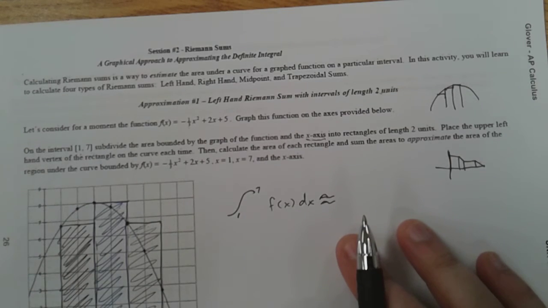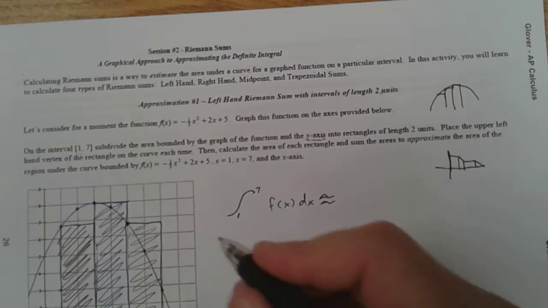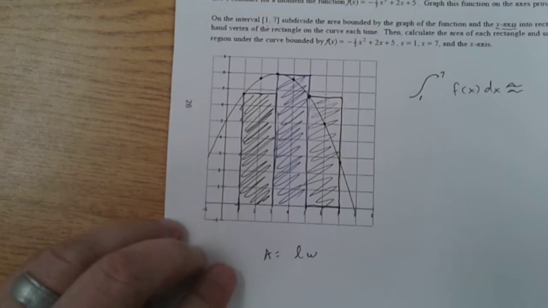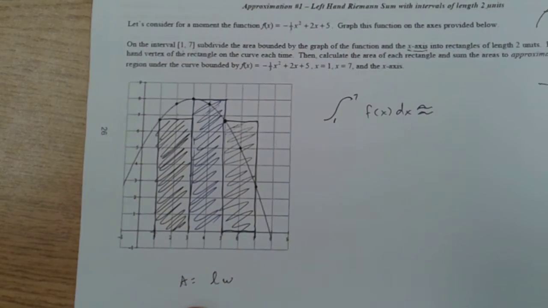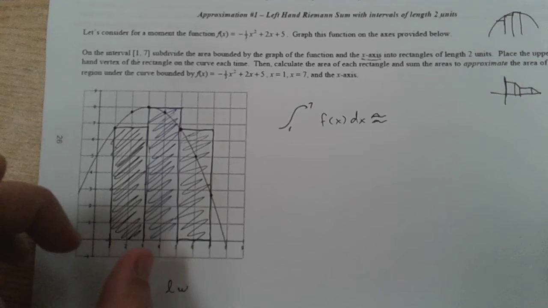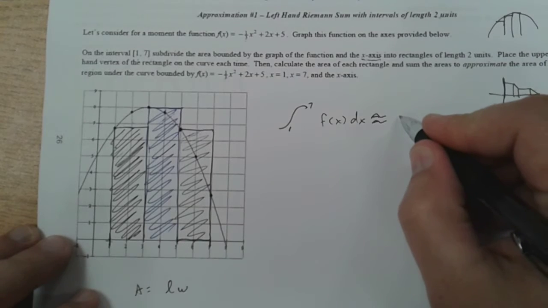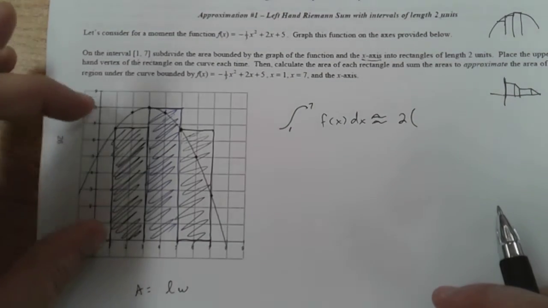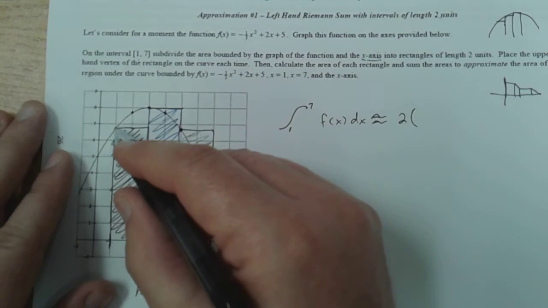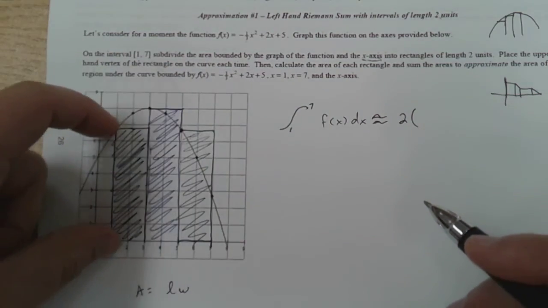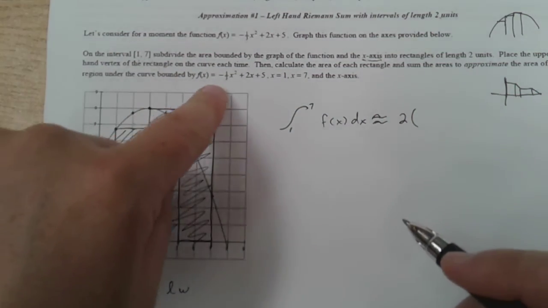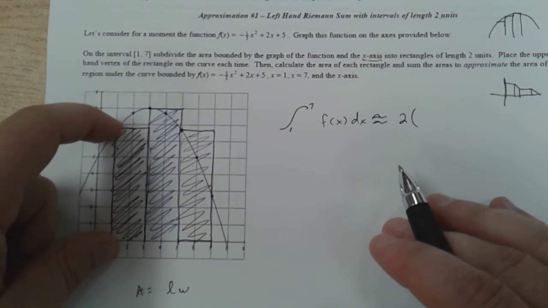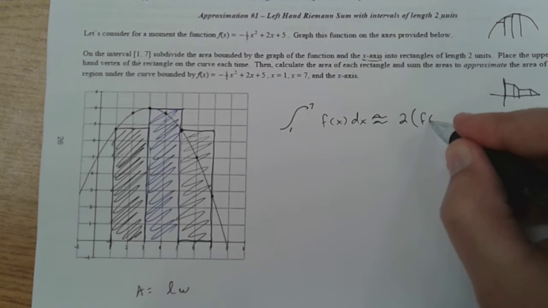So I got to find the area of these three rectangles. A rectangle is just length times width. So the area is going to be length times width of each one of these. The very first one is 2 units wide. And we got to figure out what the height of it is. Well, students go, am I estimating that? No. We know what the height is. We just plug in 1 into the function, and that'll tell me my y value. So it's going to be 2 times f of 1